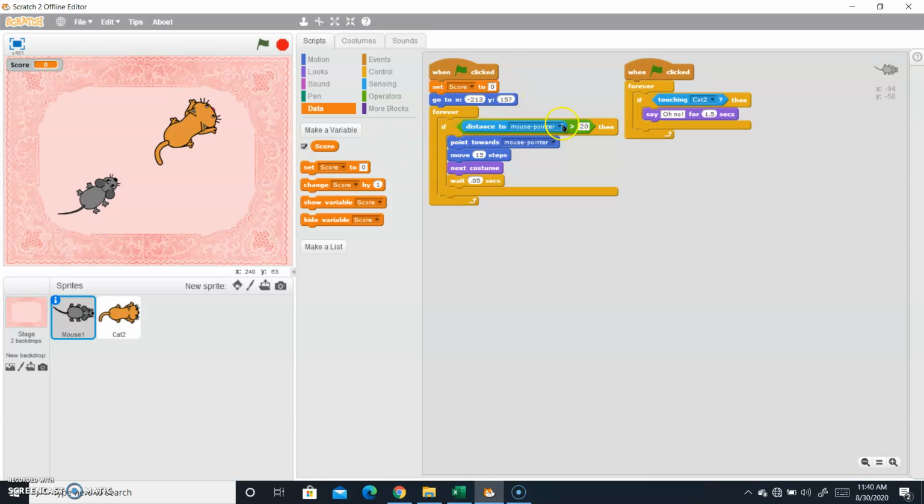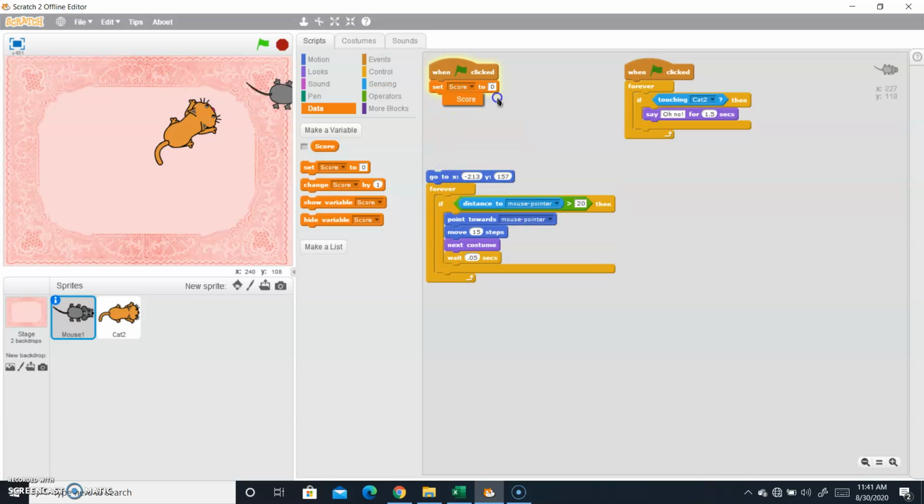Here we have the when green flag clicked, forever, if touching cat 2, then... we have not scored. Let's delete score. We don't want score, so let me drag it over here like that.